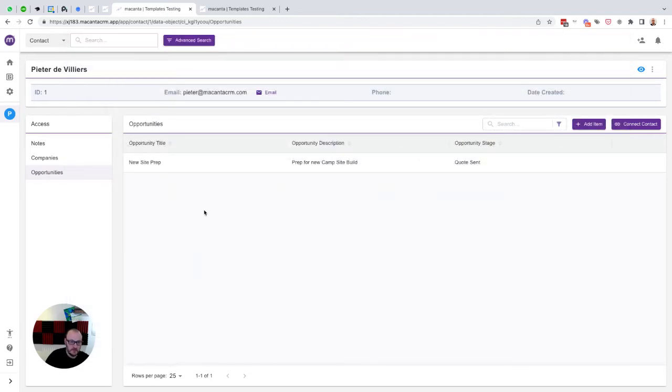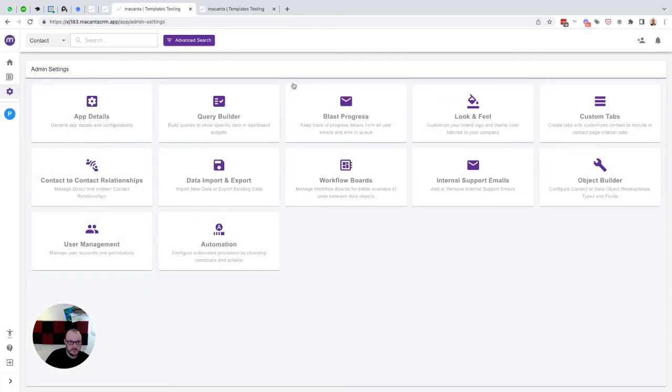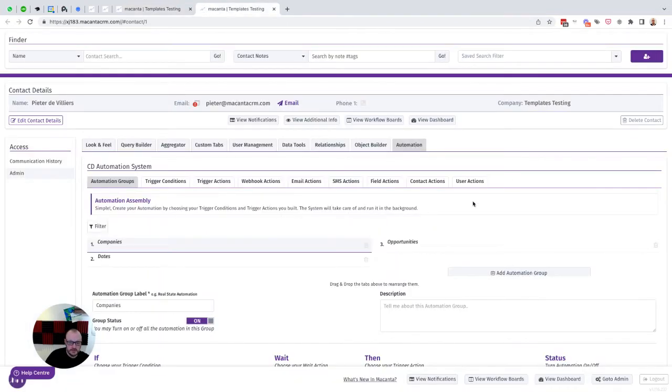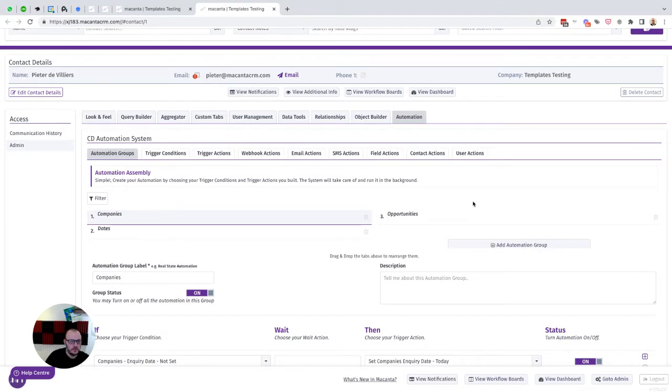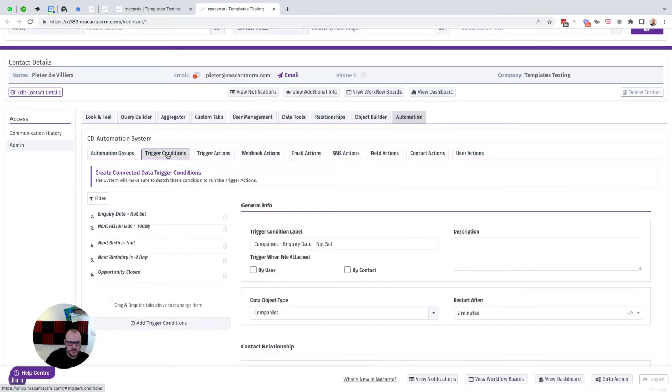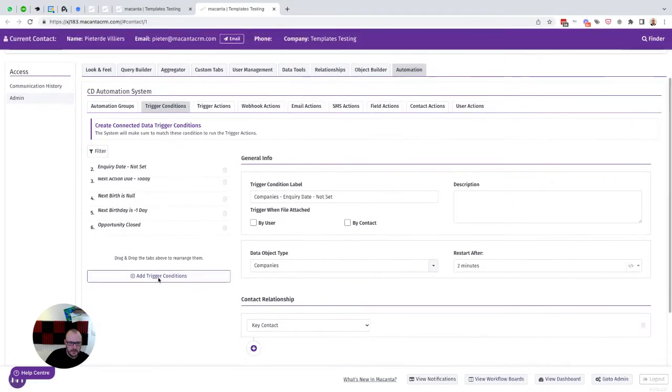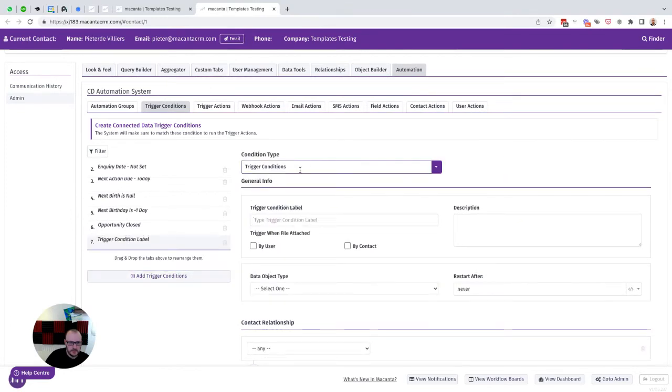Now we're going to go over to the admin section and we're going to go to automation for this, which I already have open. So I'll just go in there. What we need to do in this instance is we need 2 link click conditions: one for when they click accept, one for when the recipient clicks decline. So we go over to trigger condition and add a trigger condition, and you'll see here